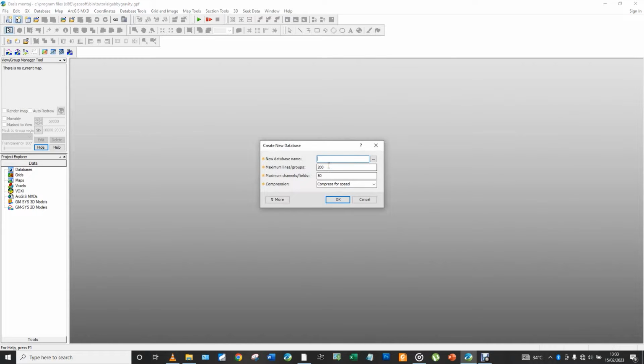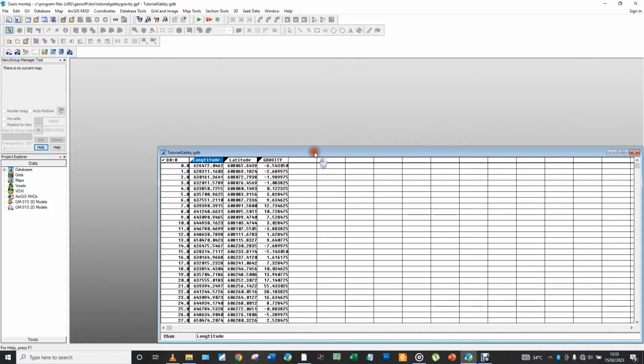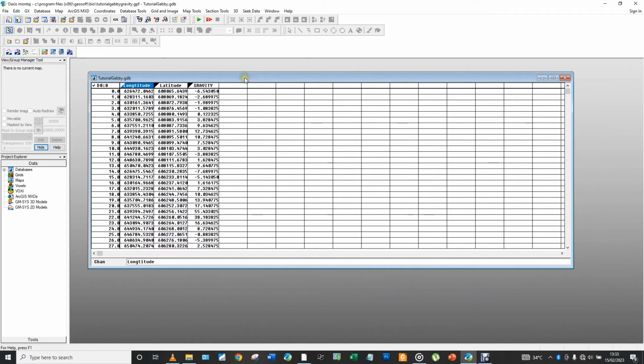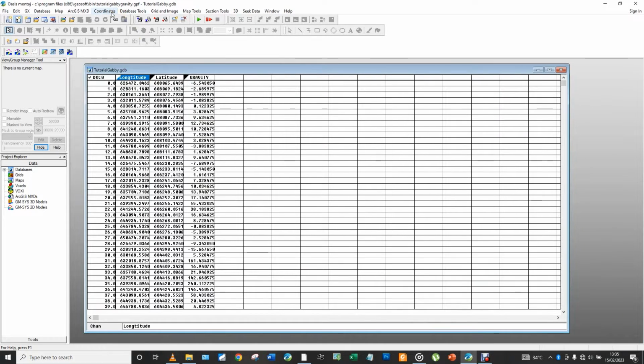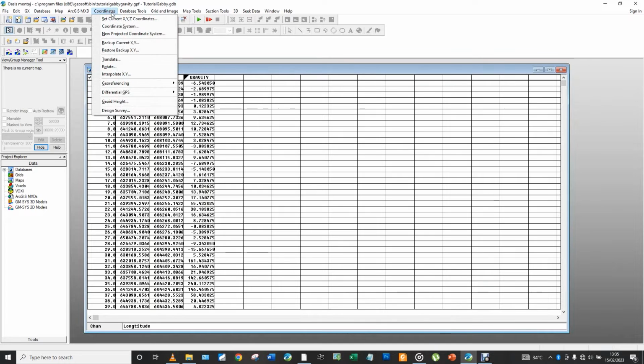So give it a name, the new database name. So we call it tutorial. Let's name it tutorial Gabi and say okay. It creates a new database for you. Next thing you're going to do is to edit the data. Go to coordinates,